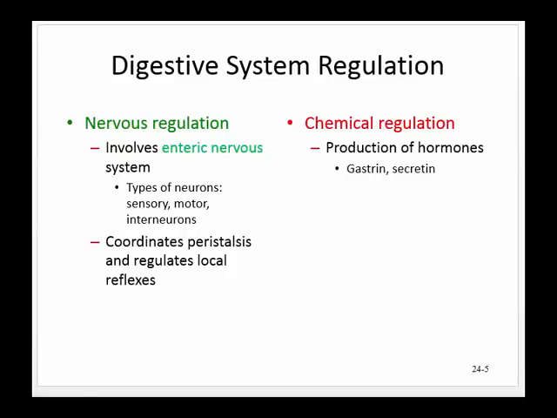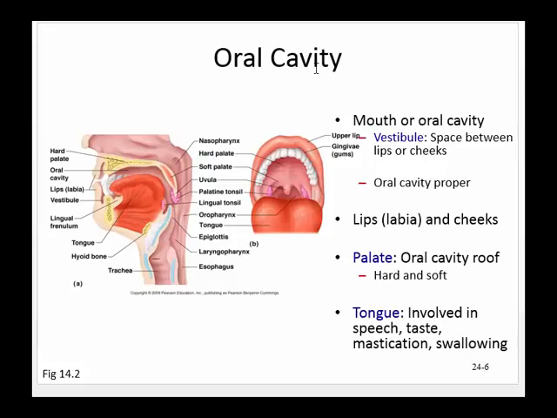What we're going to do next is basically take a walk through our alimentary canal and look at the major players in each of the areas of the digestive system. So first, in the oral cavity, there's a couple of things to notice here. And in the lab portion, we'll also talk about what these different anatomical structures are. But in the mouth itself, otherwise known as the oral cavity,